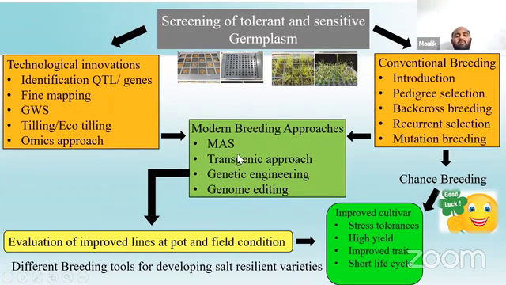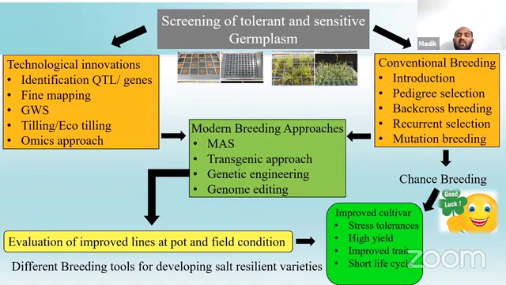genomics. In my PhD program, I am using marker assisted backcross breeding to develop salt tolerant variety. Transgenic approach means any other organism, not a plant, which has a salt tolerance mechanism, we catch this gene and introduce it in our material. Genetic engineering means expression, overexpression, down regulation of some genes which are responsible for salt tolerance. Genome editing means not altering the whole genome, only precisely altering one or two genes, and we can develop salt